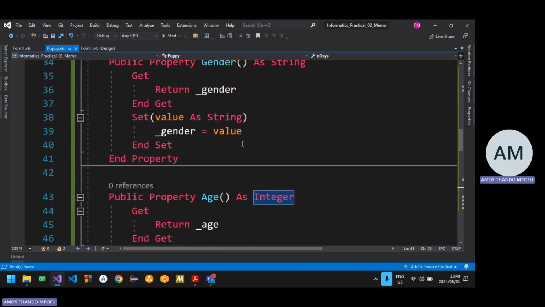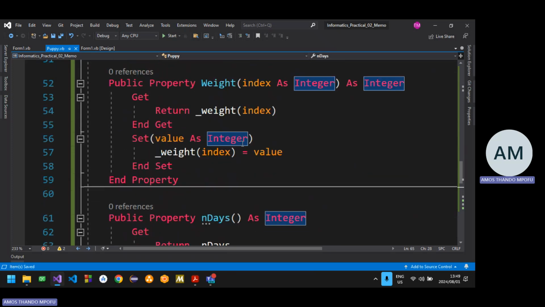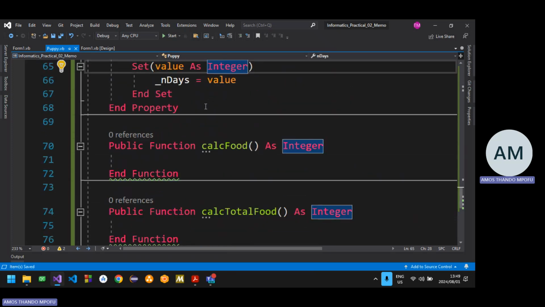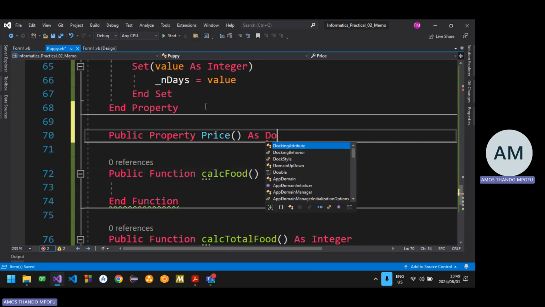Okay, so price is what data type? It's a double. I'm not really sure yet. We might have to change, but then we'll see. Because the price is not clear at this point. Public property price, right? As double